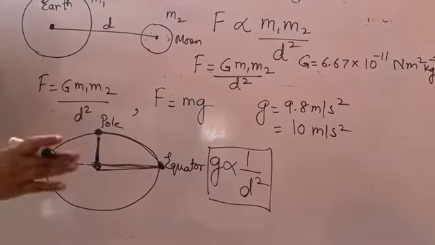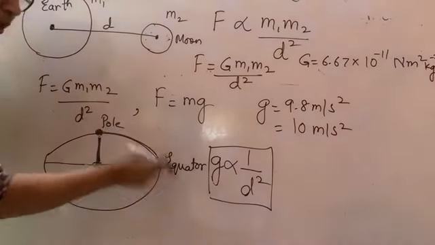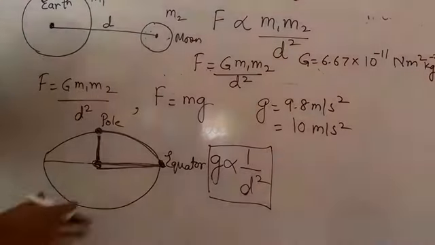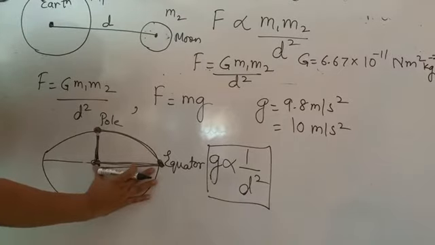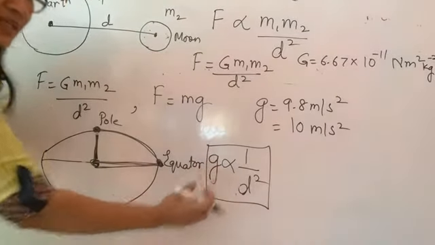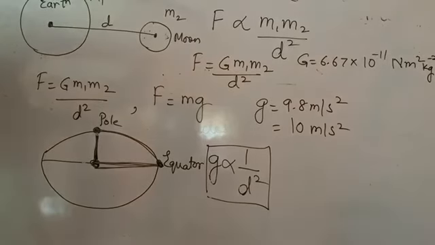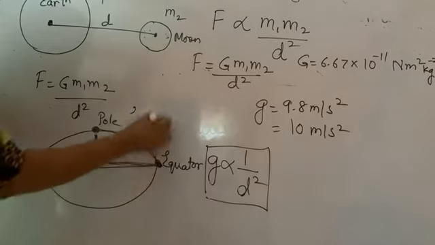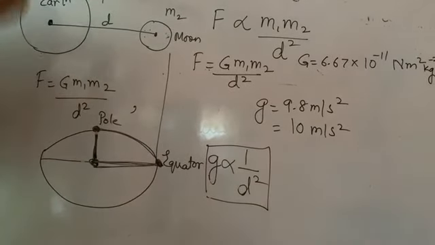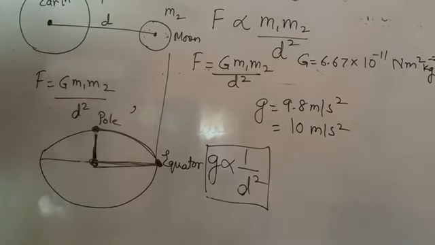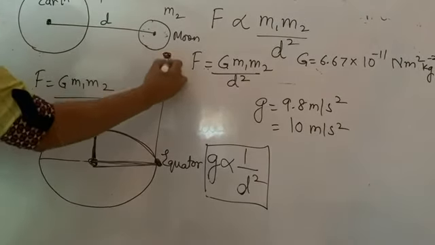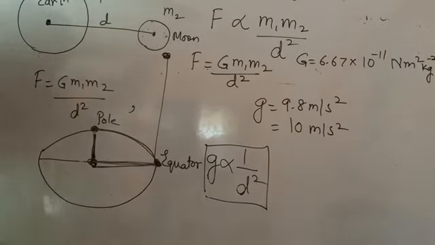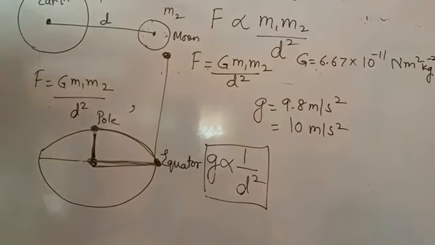Now whenever a person is in a polar region and he comes to the equator, the value of g at this place is decreasing. Why is it decreasing? Because this distance has increased. Distance increases, gravity decreases, because they are inversely proportional. The same thing happens if a person moves to some altitude. What do you mean by altitude? To a height. He goes on a mountain. He is going away from the Earth's surface. When he is going over here, again this person's distance from the center of gravity has increased. So distance has increased, gravity also decreases.